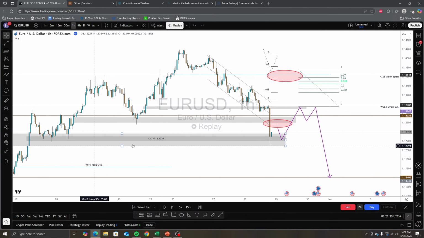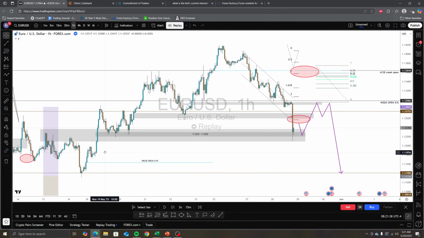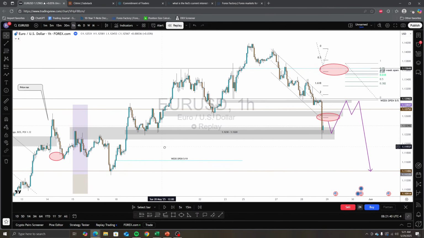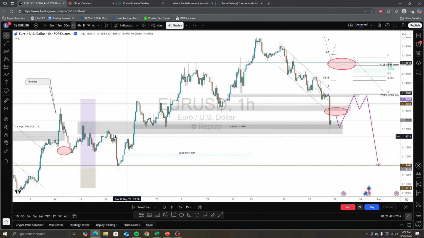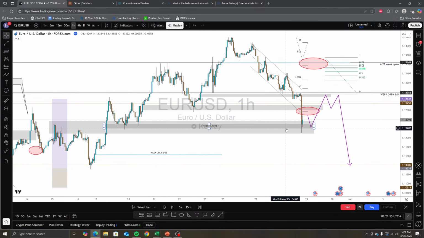But sometimes when we see that it breaks through the first support, it jumps down to the second support further down. Right here we have a lot deeper liquidity because there's a lot of price action over here, a lot of orders piled up around this zone, and also when it broke through and came back, there are a lot of orders sitting right here. So I guess that's what it aimed for.